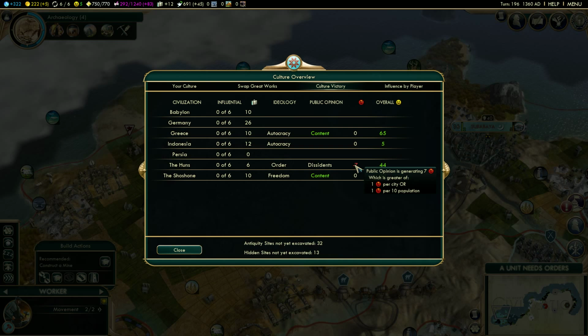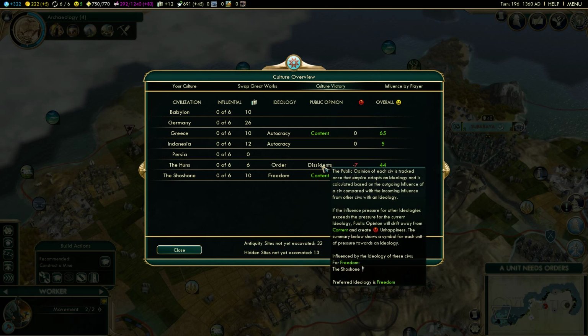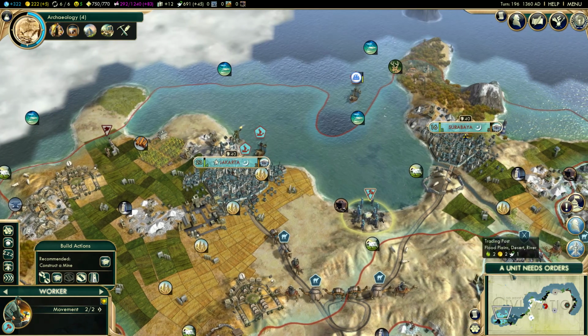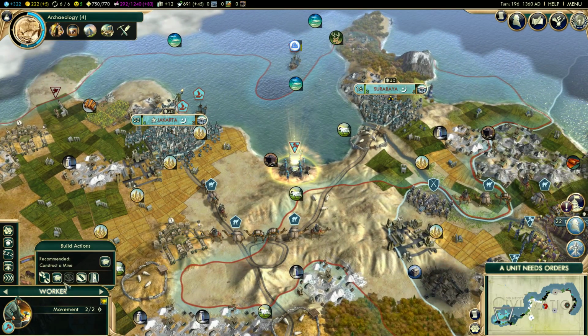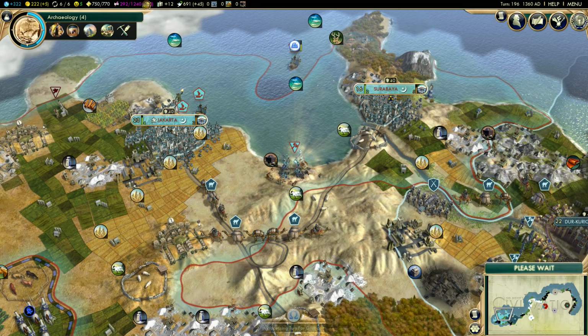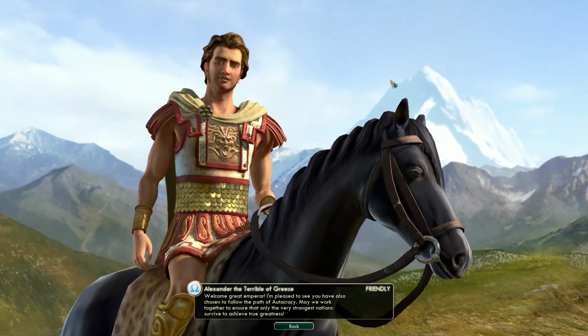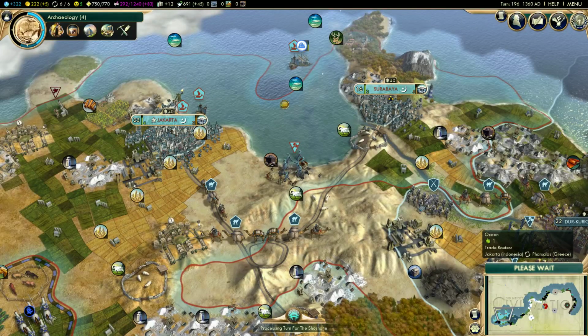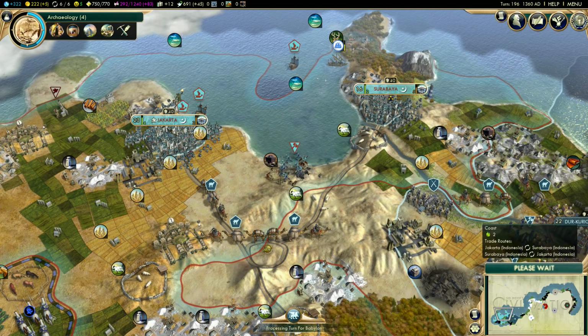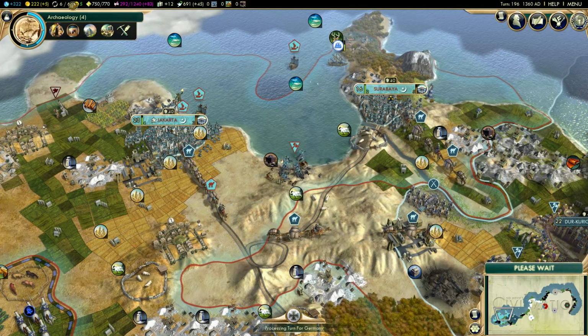It's 1 per city or 1 per 10 points of population, and the worst is what you get, so this can ramp up pretty quickly. And this number can be quite important. The question, of course, is, as usual, how do we get these torches? And I think we have to go to the next turn to see how that works, because I think it only applies a turn later.